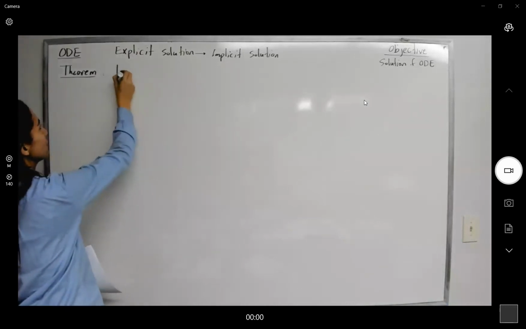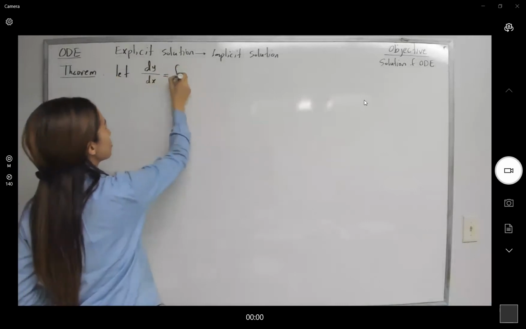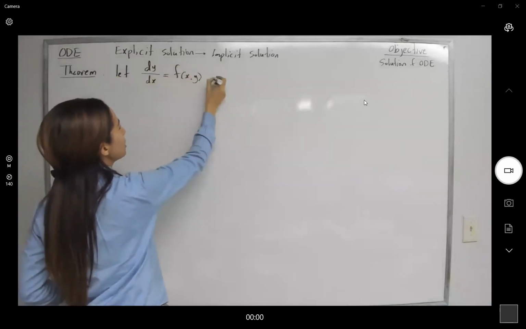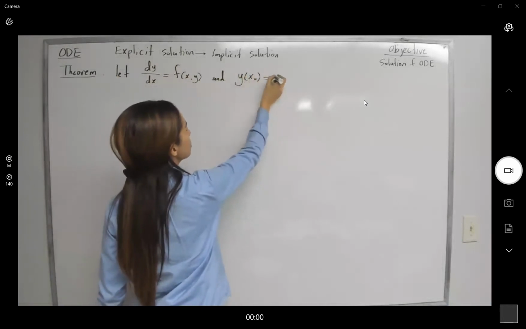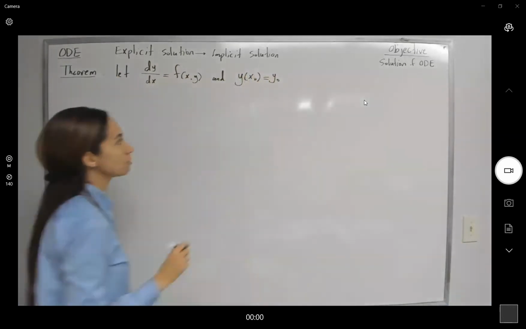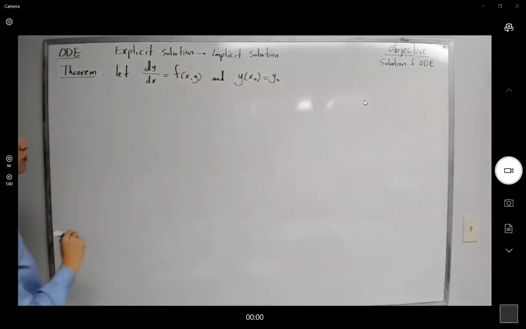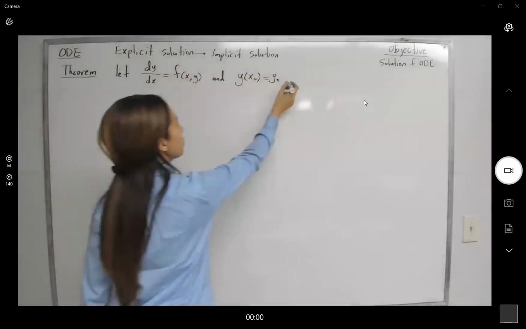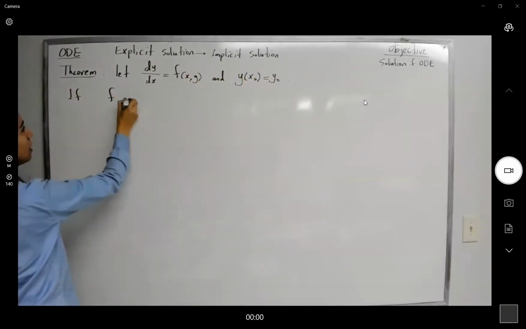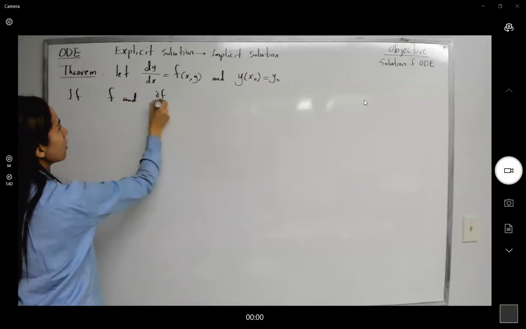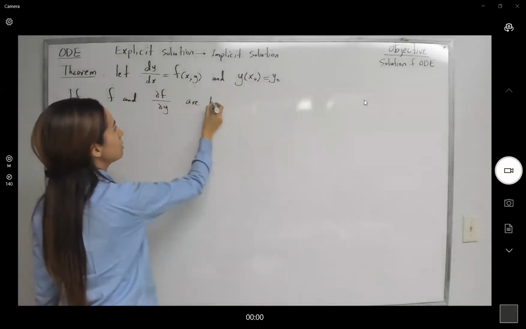Let dy/dx equal f of x and y, with the initial value y at x sub 0 equal to y sub 0, be an initial value problem. And suppose f and the partial derivative of f with respect to y are both continuous